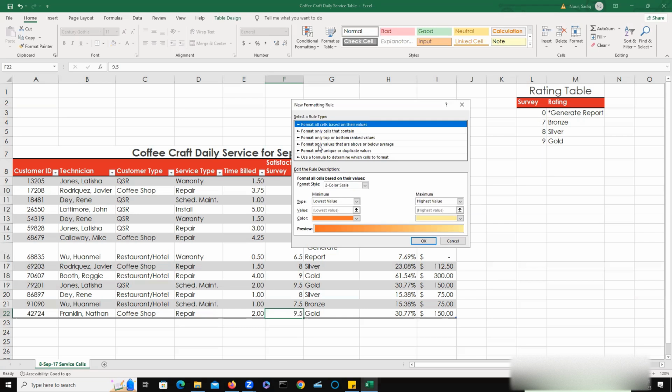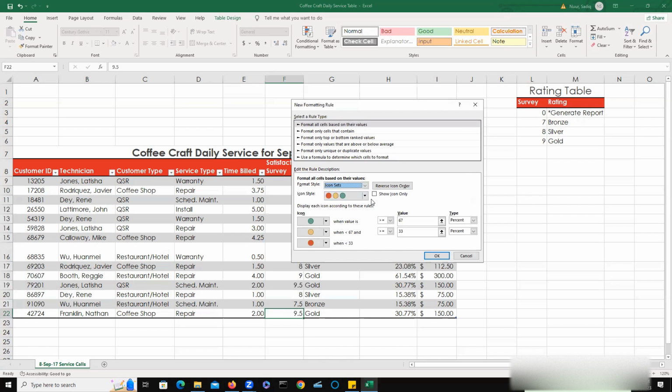Once you hit New Rule, we will leave it as format all cells based on their values, and then we will go to the format style, and then we will click on icon set, and then we will choose this one here, the three simple circles,